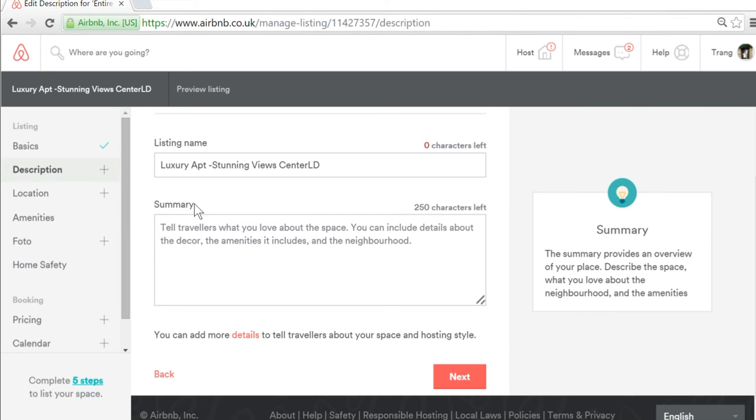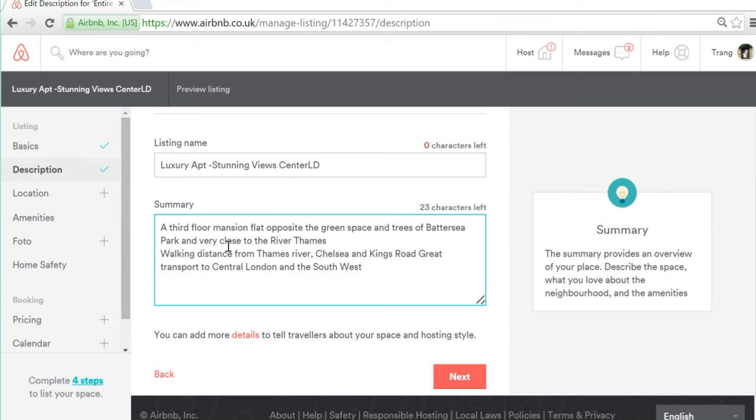The summary is what will appear on the first page of your listing. As soon as people click into your listing, they will see it under the pictures. That is the summary of your listing before they start scrolling down to read some more. So for this, we have a third floor mansion opposite the green space with trees and sea. So have a lot of pictures and imagery in your description that will create interest in your place. Okay. Then next,